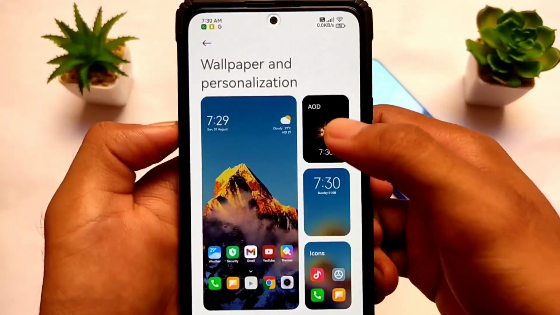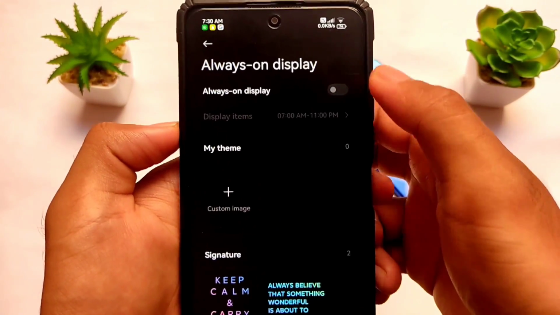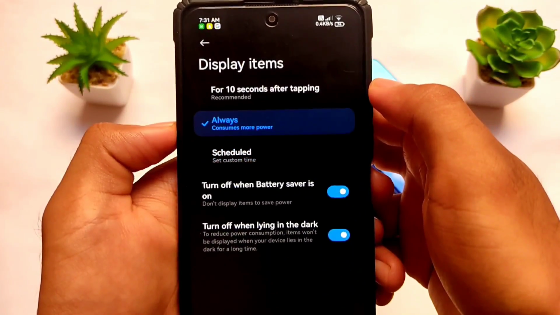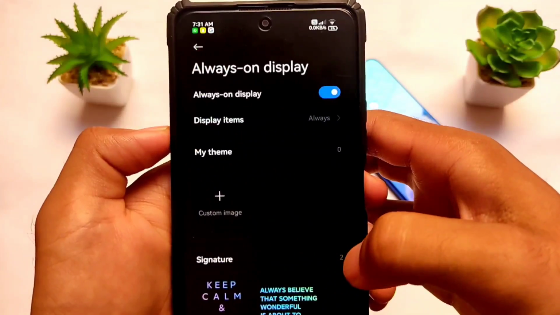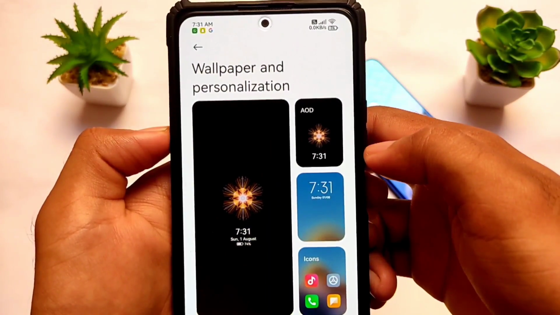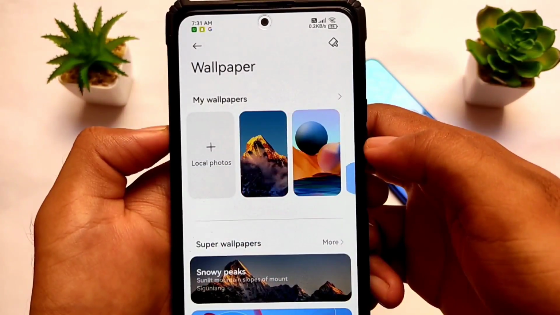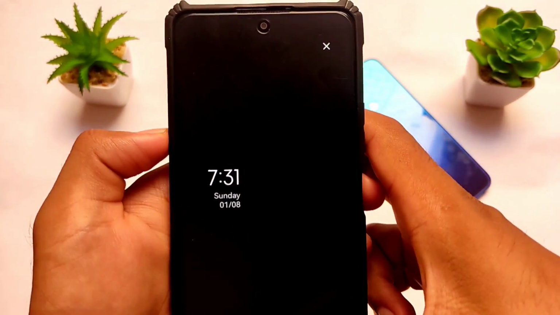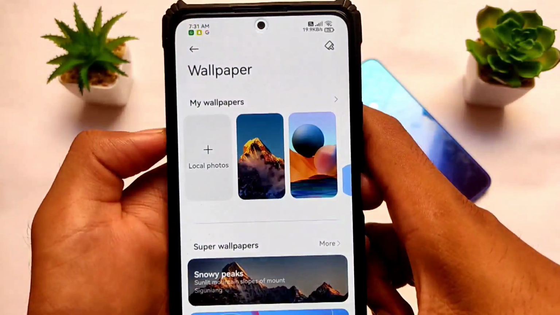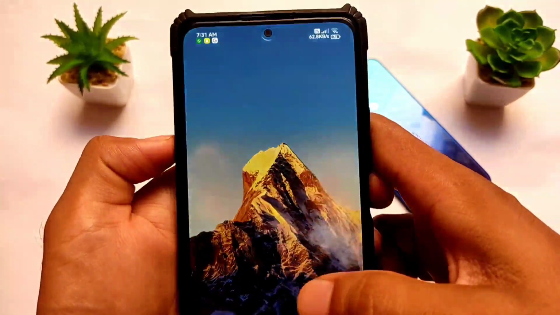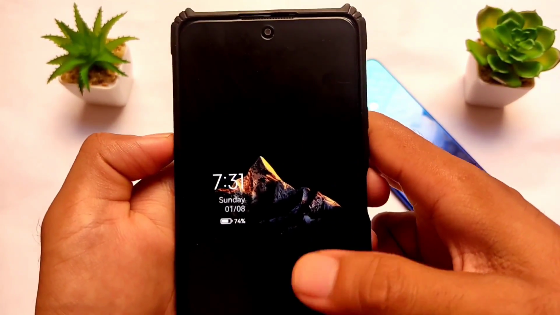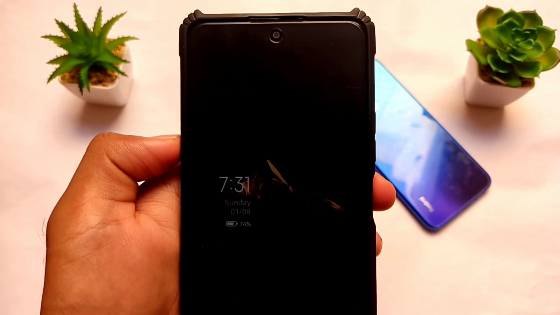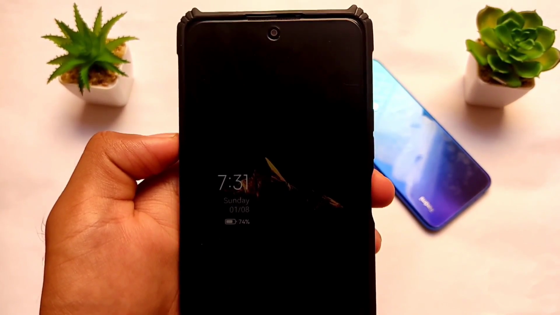For example, in terms of always on display, in the stock MIUI you only get the option of choosing 10 seconds and like that, but you don't get the always option, and here you have the option to choose always on. Let me just apply any kind of super wallpaper here. Let's just apply this one. This super wallpaper looks damn cool. Click on apply, and now we already have enabled the always on display, and this is how the always on display is looking like. It's looking damn great. And of course, using an AMOLED device for this always on display, you should definitely use it.